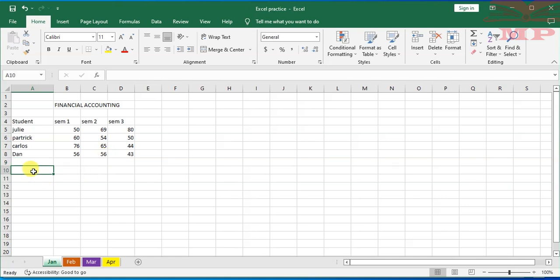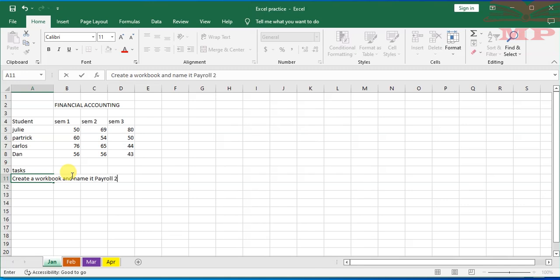Your task to do is to create a workbook, give it a name of your choice. So tasks to do: create a workbook, not a worksheet but a workbook, and name it, let's say payroll. Name it payroll 2022. Save it in a folder named ABC Limited, created on the desktop,